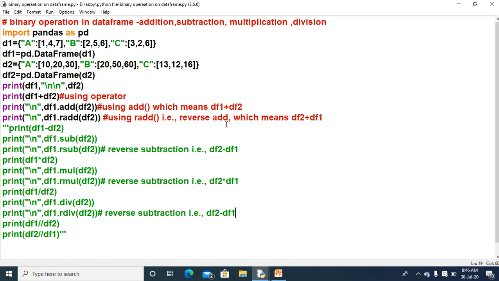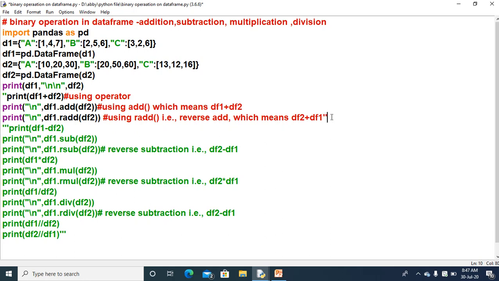Reverse addition means the second operand and then the first operand will be added together. The first operand in add will be df1 and the second operand will be df2, but in radd the first argument will be the second data frame and the second argument will be the first data frame. So we have completed the add, and now we will see the rest.